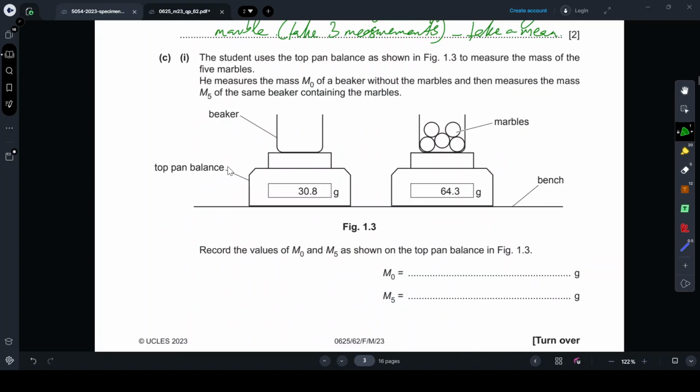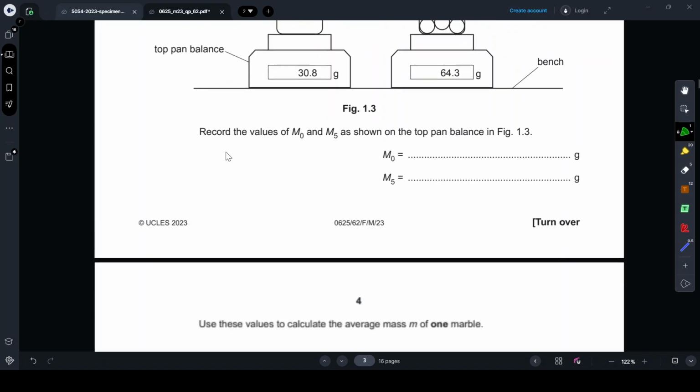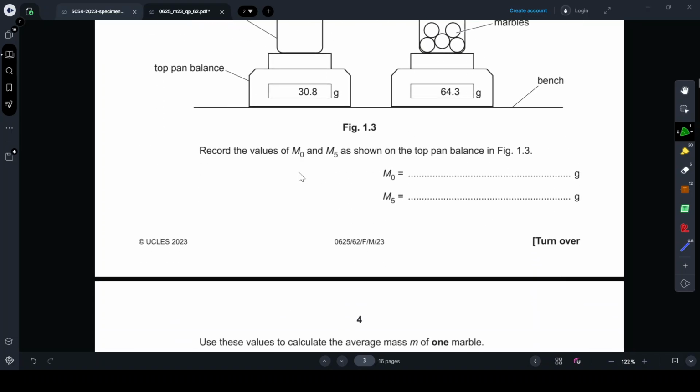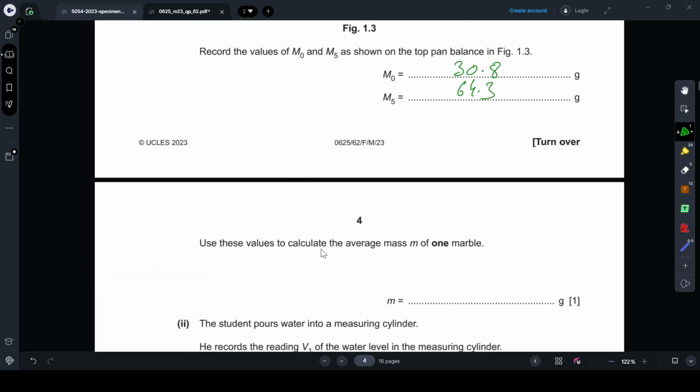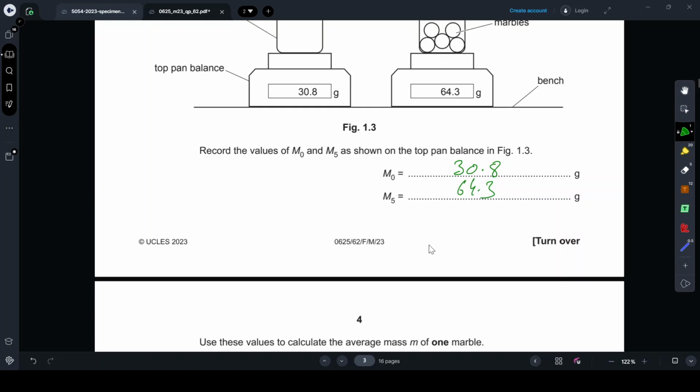Okay, now figuring out the density. So the student uses the top pan balance in figure 1.3 to measure the mass of 5 marbles. He measures the mass M0 of a beaker without the marbles, and then measures the mass M5 of the same beaker containing the marbles. So record the values of M0 and M5, right? M0 is obviously 30.8 and M5 is 64.3, right? And so use these values to calculate the average